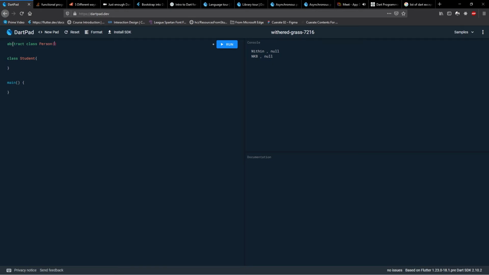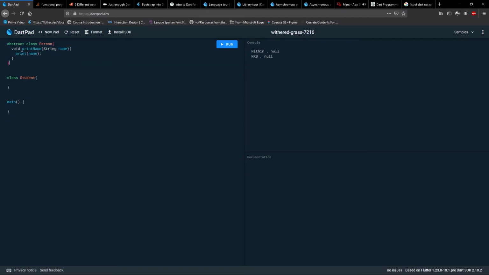Okay, and here I have a function called void printName. I'm going to take a string name over here, and I'm going to print name over here. Okay, I'll tell you what an abstract class is right now.